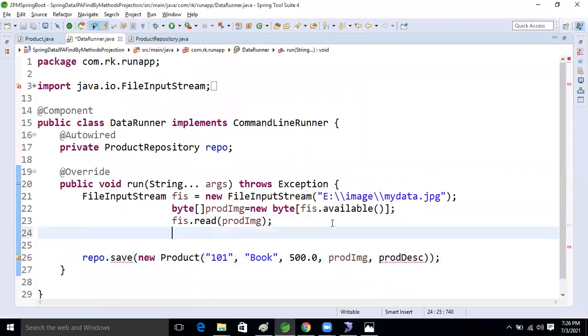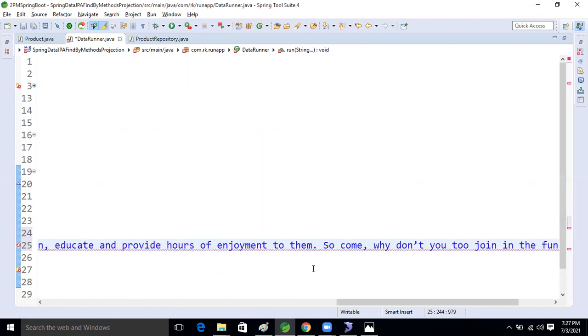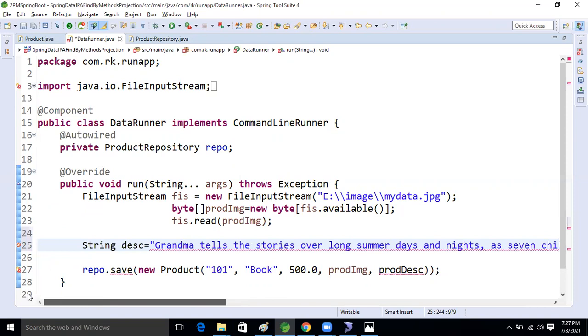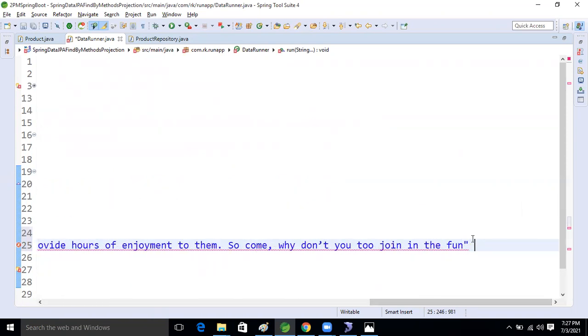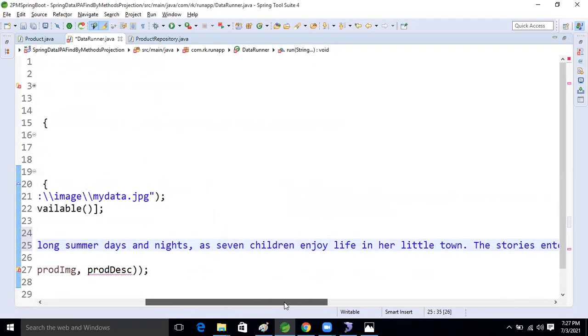So here what I'm going to do now, again I'm taking one string, right? String, what is that? Description, right? Inside that I'm taking this much. This much character I took, right? Okay, good. So I will store this one. Clob insertion. This one is Clob insertion, right? This one is Clob insertion now, guys. Okay, good.